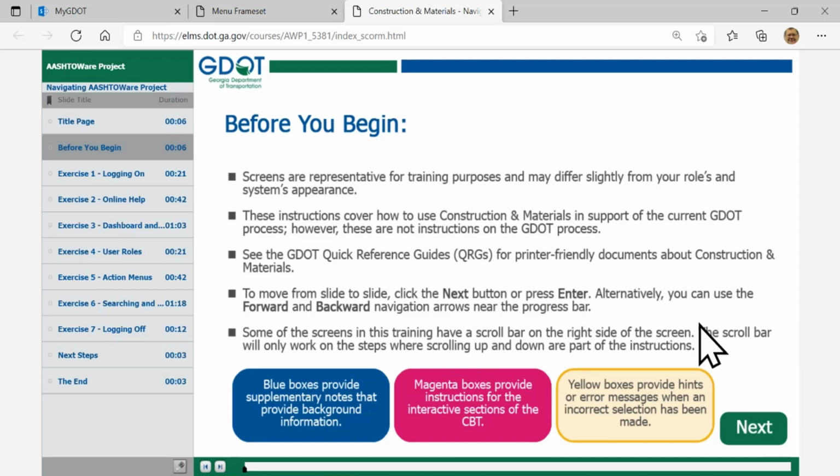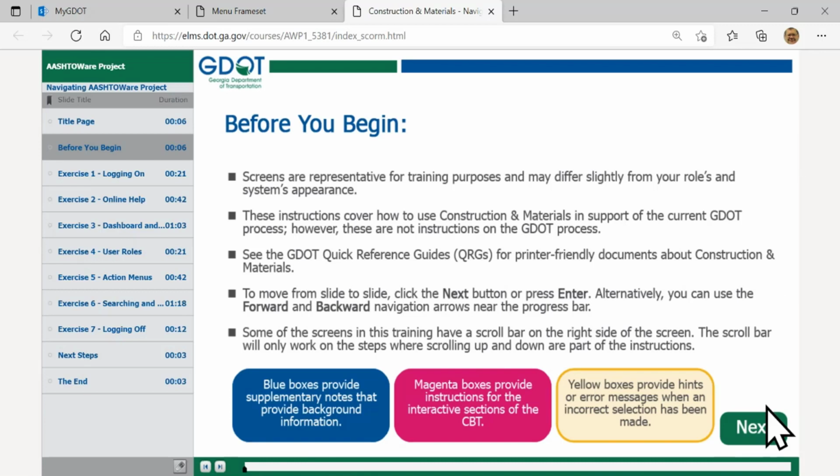To move forward in a slide, as I said, you have the Next button, nice big green button in the lower right-hand corner, or the Enter key. Alternatively, there'll be other options you can move through it, such as clicking on different activities or choosing different selections. And at the bottom of the screen, there is a progress bar with a forward and a backward arrow. You can use that to move forward without entering anything in it, or a backward arrow if you want to step back and check on something that's in there.